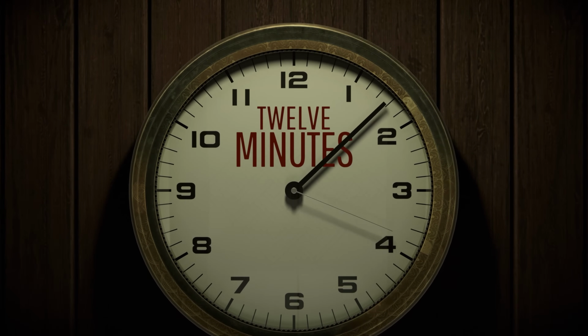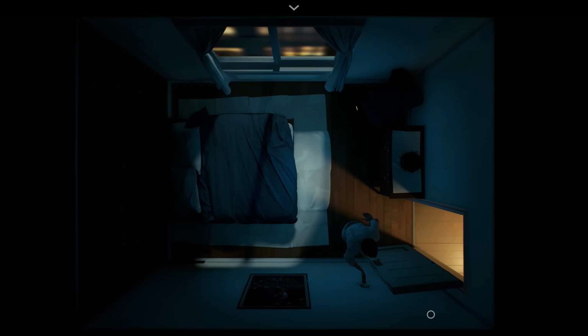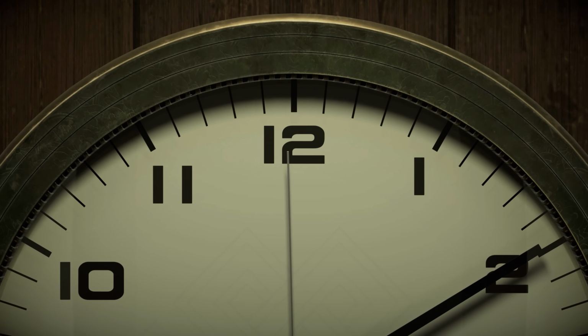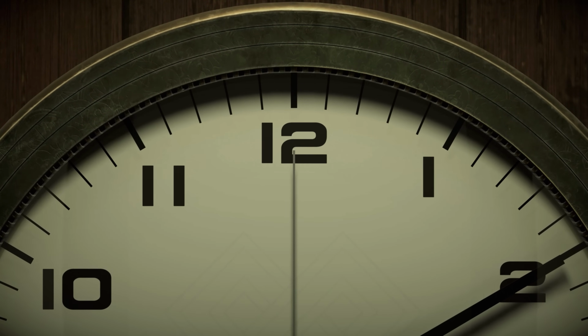The plot of 12 Minutes is a mess. But let's talk about the basics so that we can clean it up a little. First, the time loop. Every 10 minutes after starting a loop, we restart the loop, which is just after the